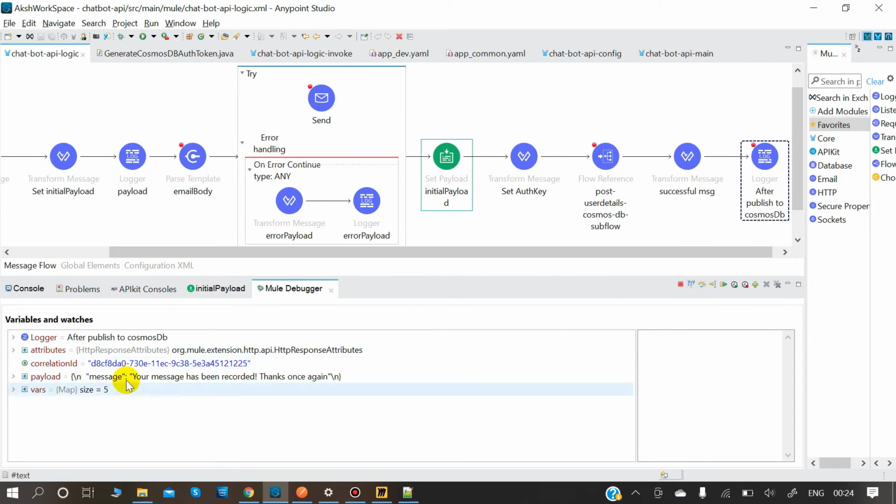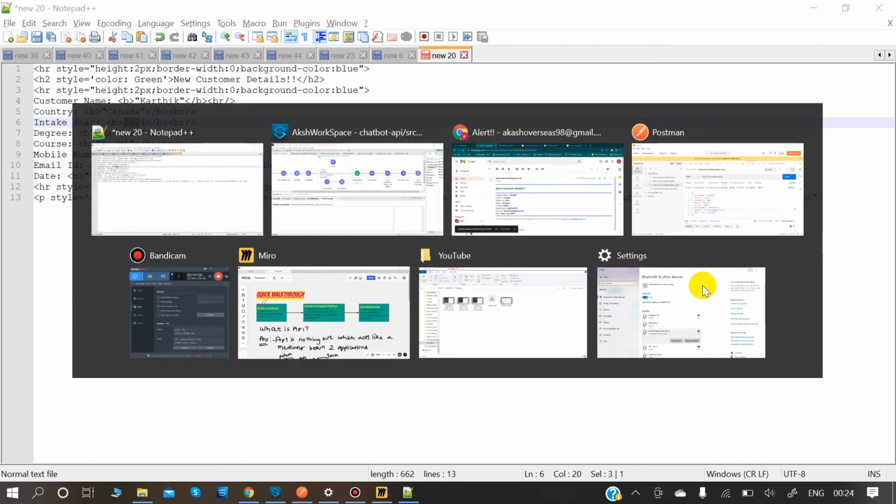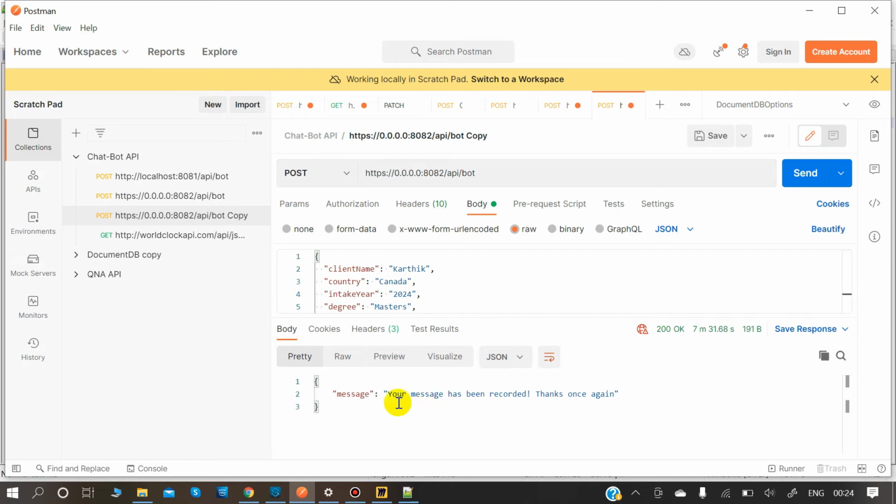So yeah, your message has been recorded. Thanks once again, which we would now see in our Postman. Let's come to Postman. As you all can see, 200 OK with this message.